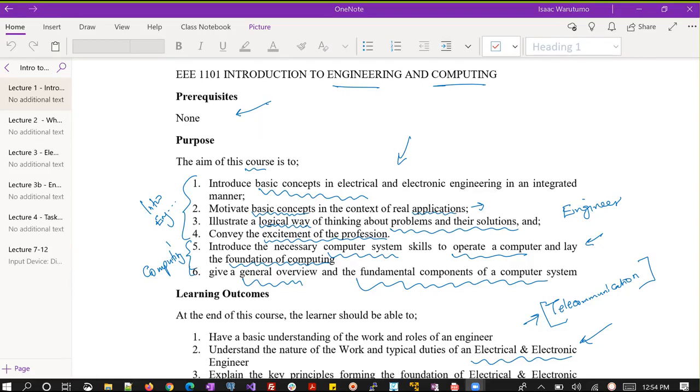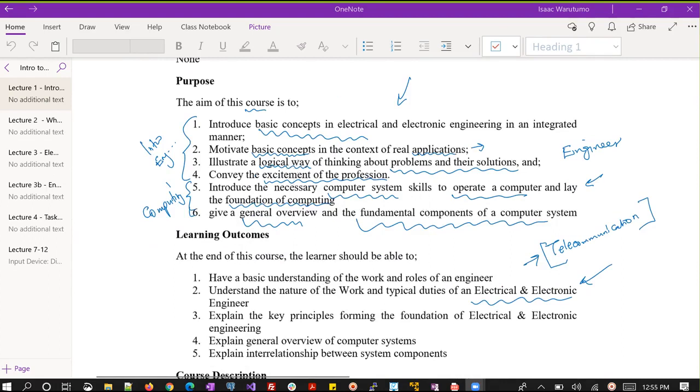So this is what we're going to be covering for this course. This is the course outline. The course outline says that we should introduce the basic concepts of electrical and electronic engineering. And what we normally say is that telecommunication and information engineering is a sub-branch of electrical engineering, and therefore we normally give them the same introduction. So if you are doing TIA or electrical, you are well covered under this